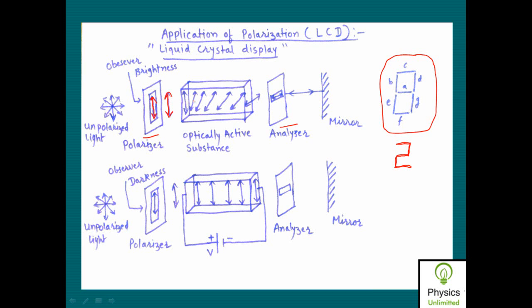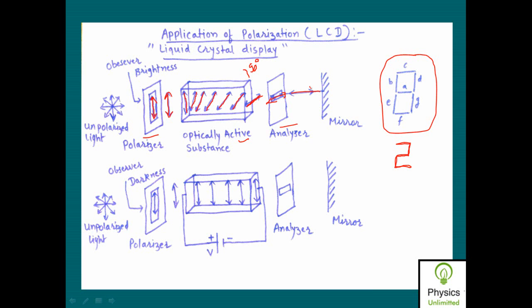Now when this vibration is incident on the optically active substance, this substance is selected in such a way that it will rotate the plane of incident vibration by exactly 90 degrees. So when this plane polarized light passes through it, the substance rotates the plane of incident vibration by 90 degrees completely. Now is this vibration parallel to the axis of the second analyzer? Yes, sir. So this vibration becomes parallel to the analyzer, and therefore it is transmitted through the analyzer